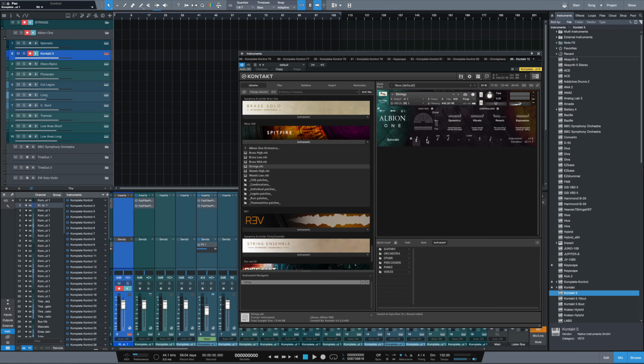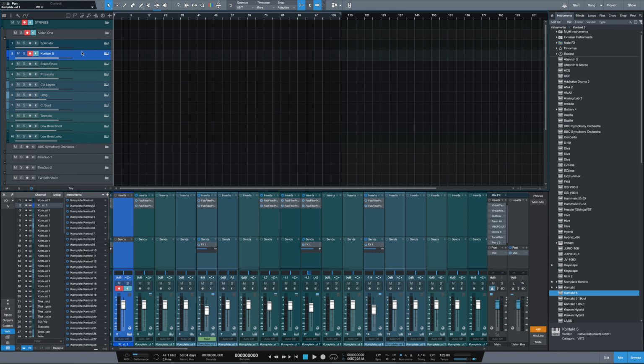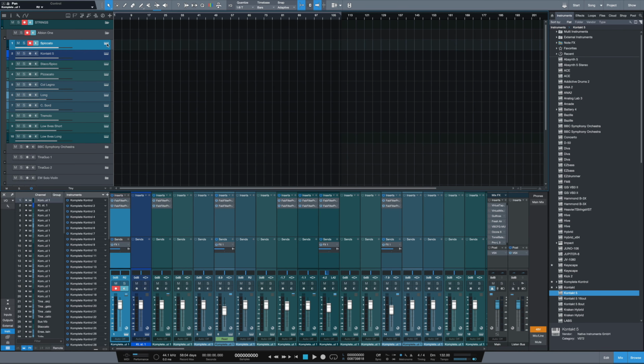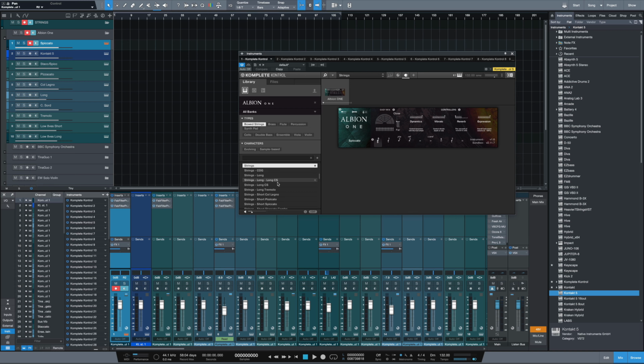And this is what I was talking about. You just choose it here and you just load it as I did. But the difference is I'm just using the Complete Control software to do that. But basically it has all the variations, and I just load the ones I need here. So